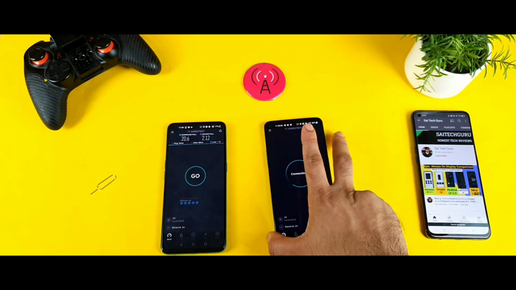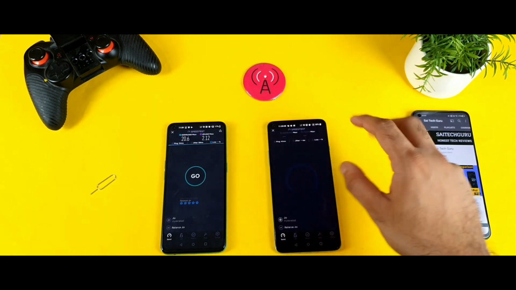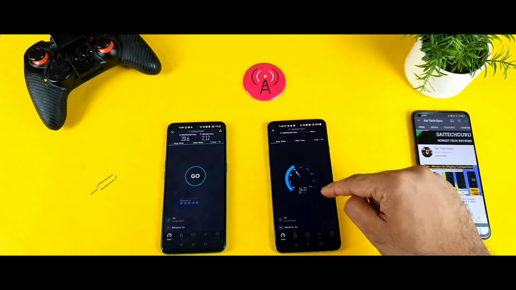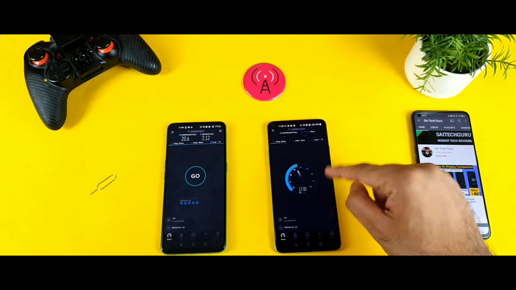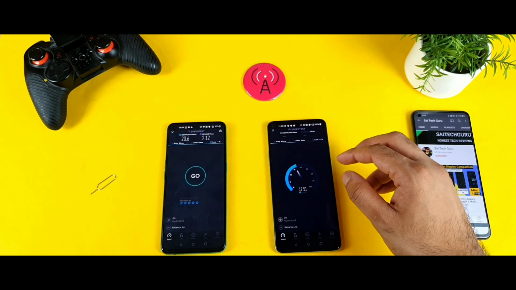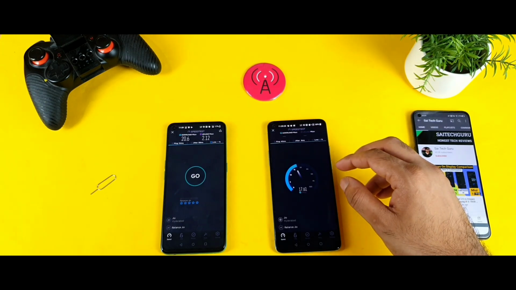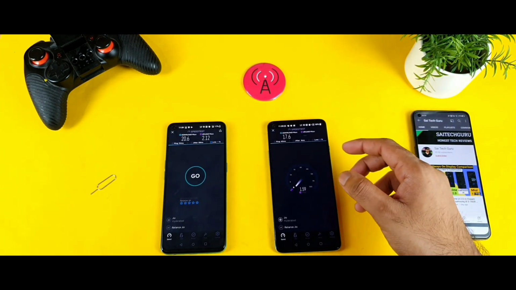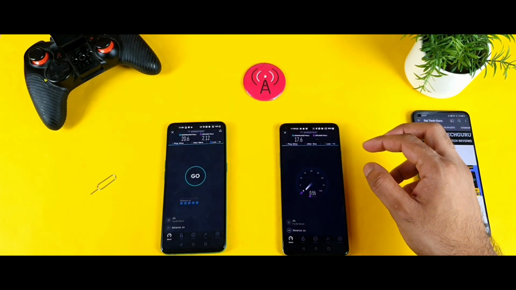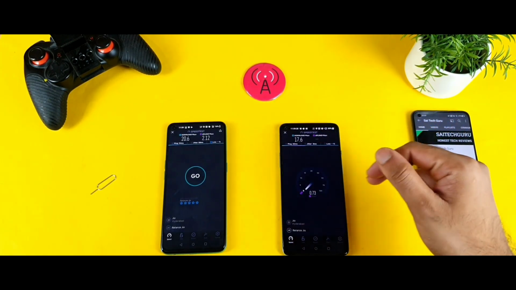So now let's see what will happen in the OnePlus 9R if I do the test one by one. Let's see whether this phone will be able to get those speeds or not. So it's kind of getting that speed. As you can see, it's getting closer. 18, come on, 20, just 20. No, it's trying its best, but it cannot do it. As you can see friends, clearly 17.6 is the highest speed recorded right now. You can clearly see the difference between both phones.